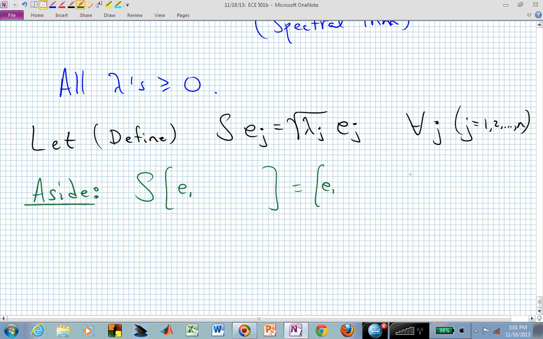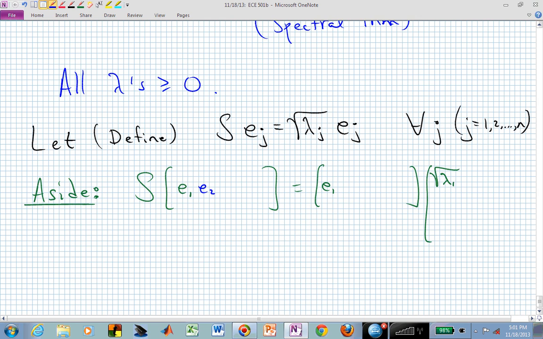So I want to take E1 and scale it by the square root of lambda sub 1. So the square root of lambda 1 is going to go in this 1,1 entry, and it's going to scale everything in E1, and there's not going to be anything left in that column below the square root of lambda 1. If I look at E sub 2,